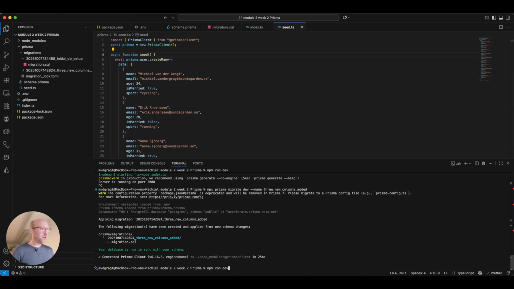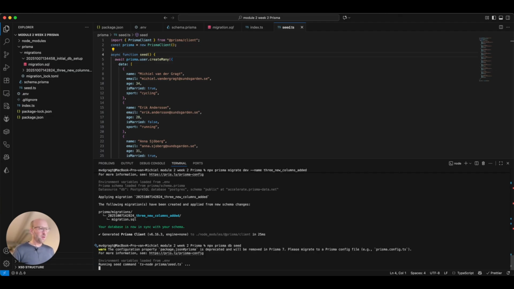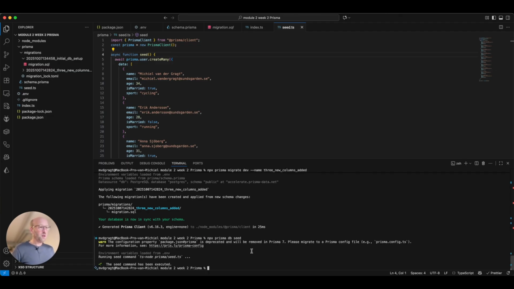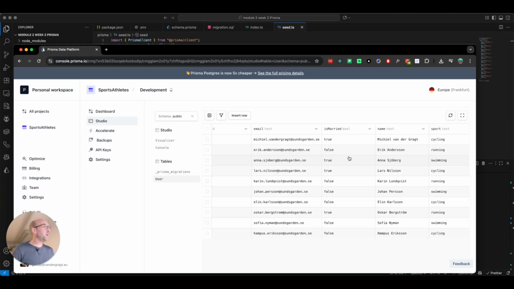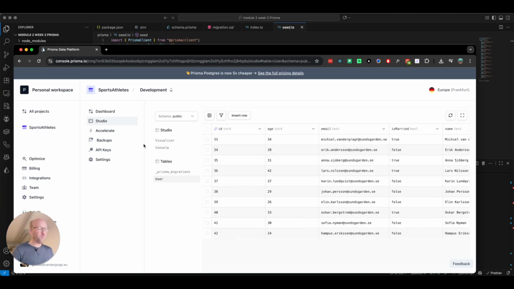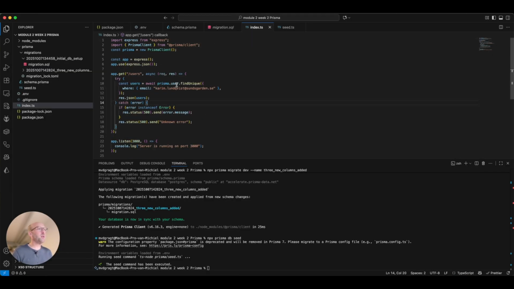So let's run this one here. Now the seed command has been executed. So let's check that out. Refresh. And the data is in there. Wonderful. Now I can do more things here. So let's have a look at my indexed